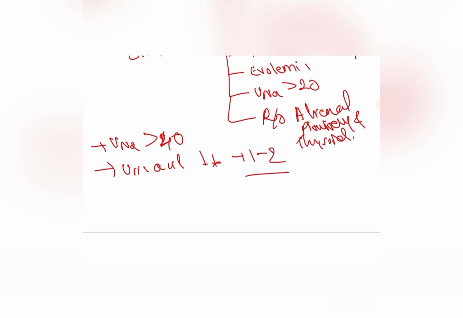Now the method to diagnose SIADH is that, as I said, by criteria urinary sodium is more than 20, usually more than 40. Second criterion is that uric acid is really low in this patient, maybe 1 to 2. This is due to ANP secretion in the SIADH patient. ANP results in a decrease in uric acid. So the way to diagnose SIADH is a euvolemic patient with increased urinary osmolality, high urinary sodium, with decreased uric acid.